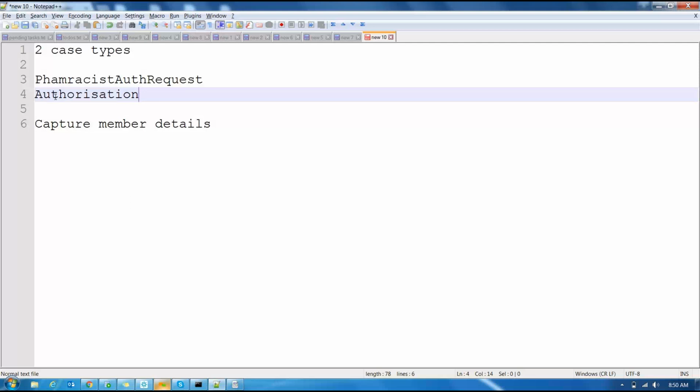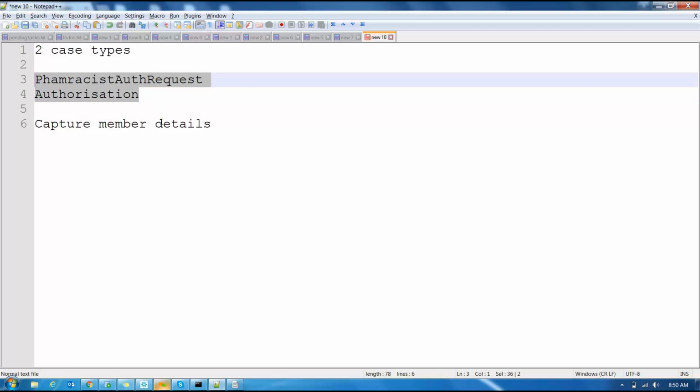Okay. So I'll be teaching on authorization. You have to work on pharmacist auth request. Both will be one and the same. A little bit of changes here and there we will make. So whatever is the case type, at the end of the day, first I want to